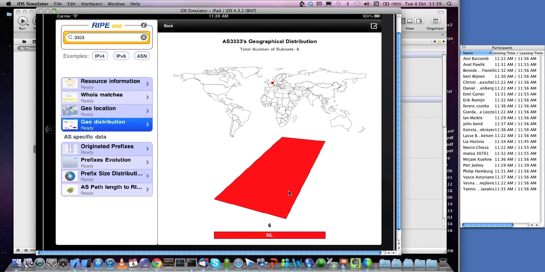In order to display the information in a readable way, we use a logarithmic scale to modify the proportion of the width of the countries on the bottom side. So if you query for ASs that are placed in different locations, you will see the difference, and you will be able to see even countries that have a very small amount of prefixes this way.